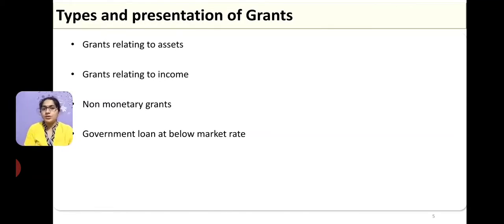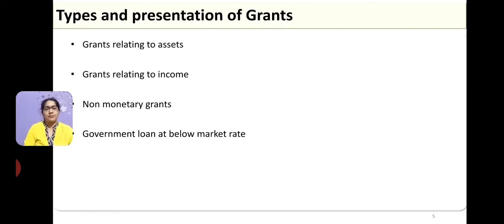Sometimes government may also give grants to buy such assets where the product of such assets are again sold back to the government, so that government is giving assistance for the companies to acquire such assets, produce by using such assets and sell the goods back to the government. Sometimes government may also give grants for such specific type of assets. Sometimes government may grant loans, or government grants may be relating to the income, like providing an assistance for the increase in the income